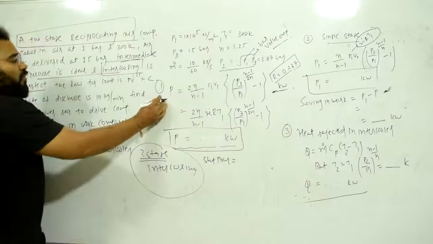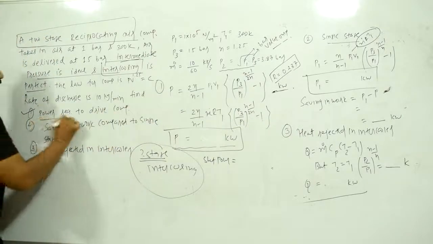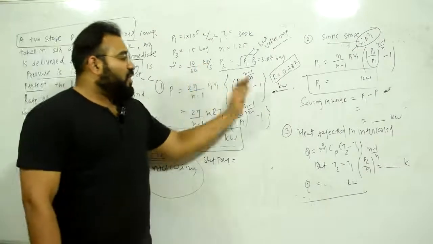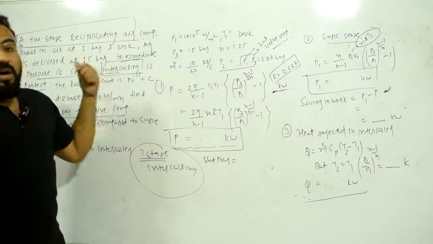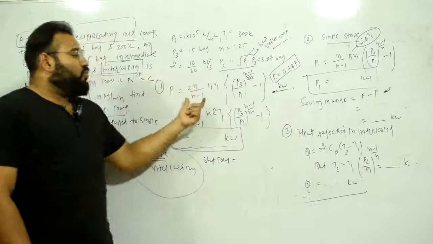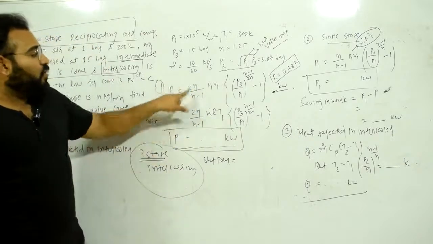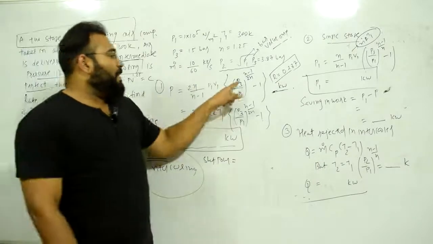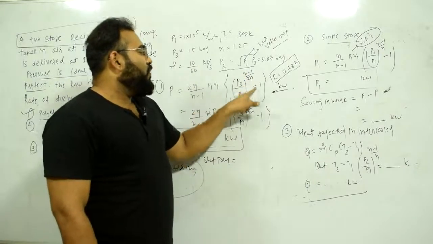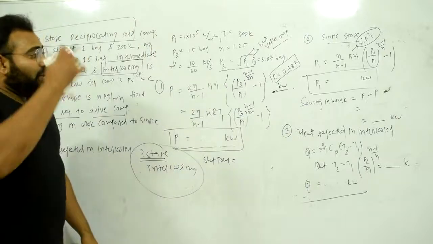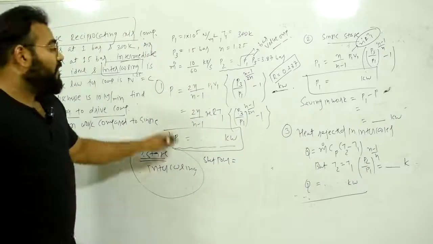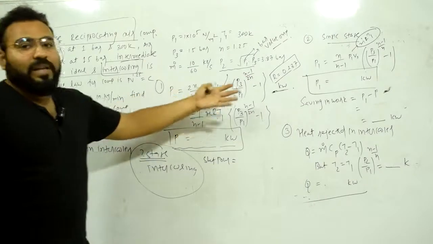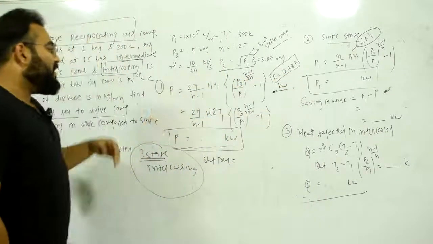Now, first he asks for the power required to drive the compressor for two stage. So I will write two stage perfect intercooling example. That is what we derived in the last theory. For two stage perfect intercooling, the power is 2n/(n−1) × P1 V1 × [(P3/P1)^((n−1)/2n) − 1] kilowatt. Some of you might have confusion, sir, you found minimum work done. But when work is divided by time, it gives us the power. That is why it is power.